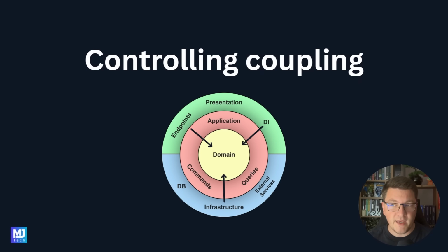We want our domain, which sits at the core and contains our entities and important enterprise rules, to be independent of the other parts of the system. To achieve this, we simply don't let it reference any other parts of the system. But we do need to actually implement some behavior, which is where our use cases come in the application layer. And following the dependency rule, the application layer is allowed to reference the domain layer because it depends on it,